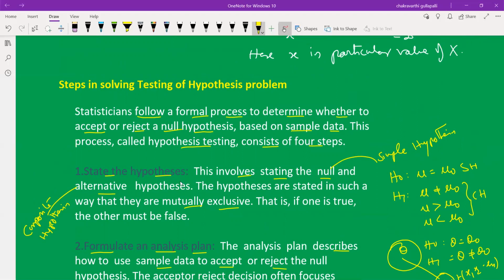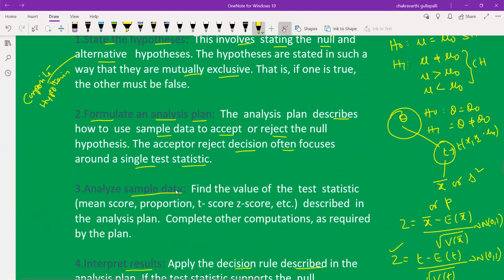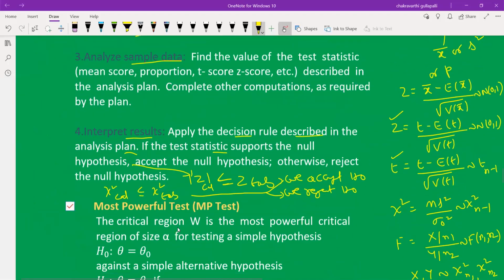Accepting the null hypothesis means rejecting the alternative hypothesis. Rejecting the null hypothesis means accepting the alternative hypothesis. For research studies, using some statistical techniques, you have to use the p-value concept here. Don't take the table values. Otherwise, take the table values, normal table values or t table values and chi-square table values, and compare with the p-value,